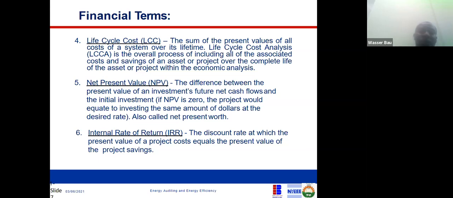So the internal rate of return of a project is that interest rate, that hurdle rate, that discount rate at which the project is neither making profit nor making a gain. In the banking industry, that is like their baseline interest or their hurdle rate. Or in a company, that is what they call